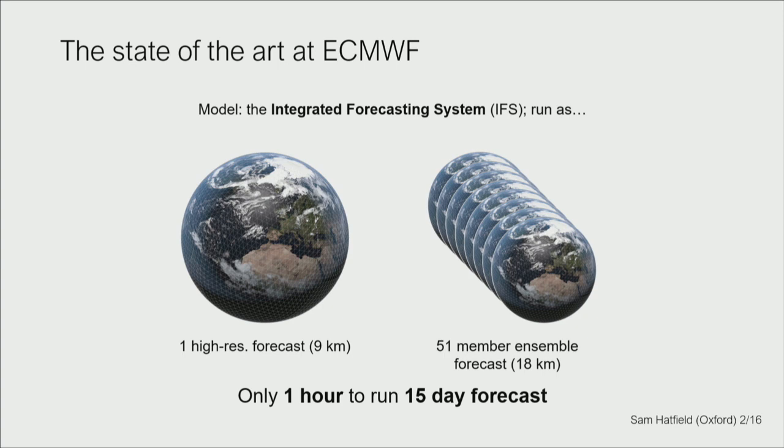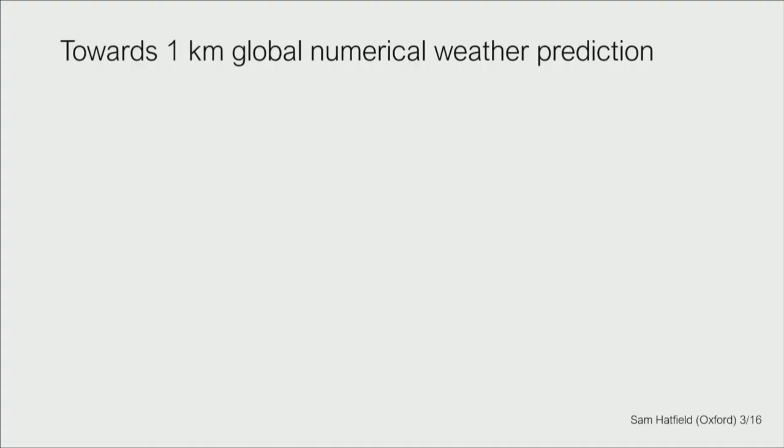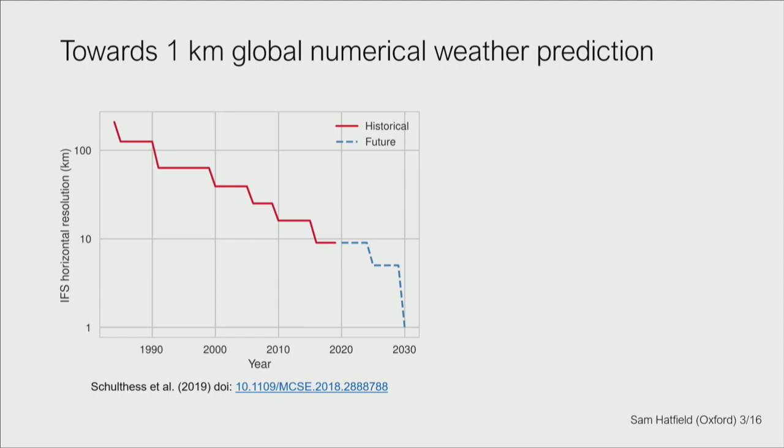So whatever happens, the simulation must finish within an hour, otherwise the forecast product will not be disseminated to the users on time. So the high-res forecast is currently 9 kilometers. This has been increasing gradually over the past 30 years, so it was around 130 kilometers 30 years ago. And in the future, there is a near-term goal to reach 5 kilometers resolution and then eventually go down to